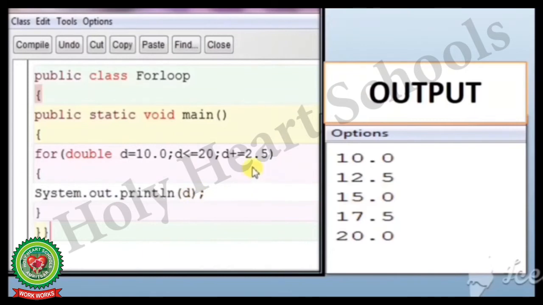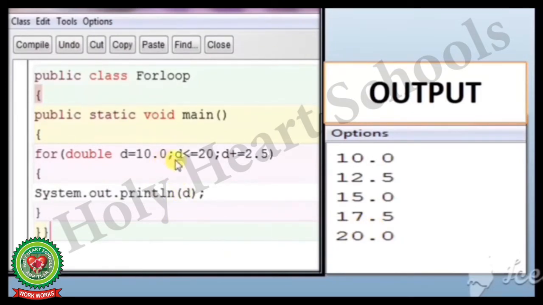So System.out.println 12.5 will be printed on the screen. Again in 12.5, 2.5 will be added, that will become 15.0. Again 15.0 is less than equal to 20, the condition is true. So 15.0 will be printed. Again in 15.0, 2.5 will be added, that will become 17.5.